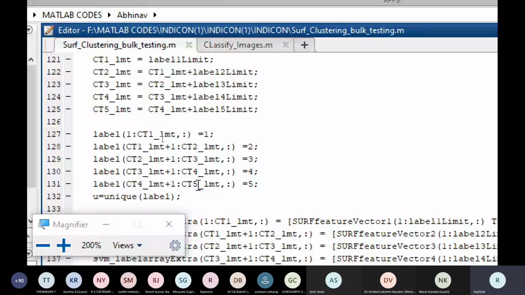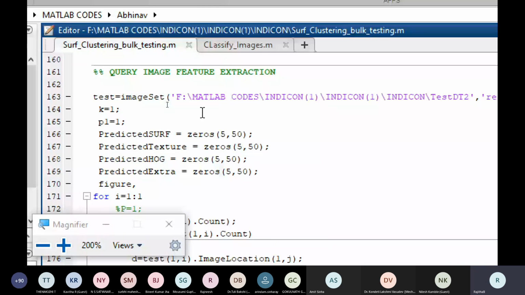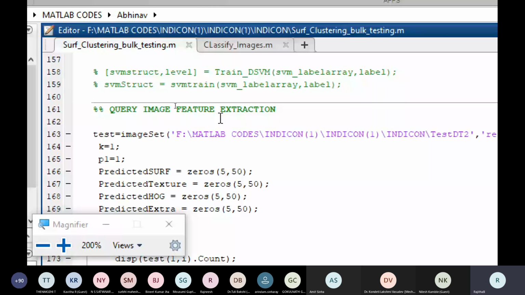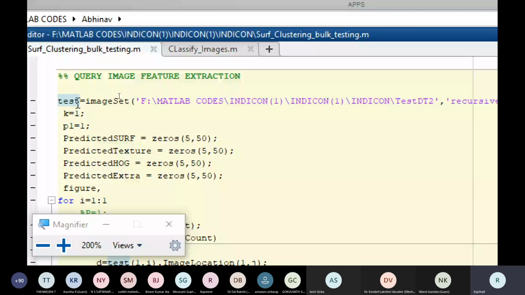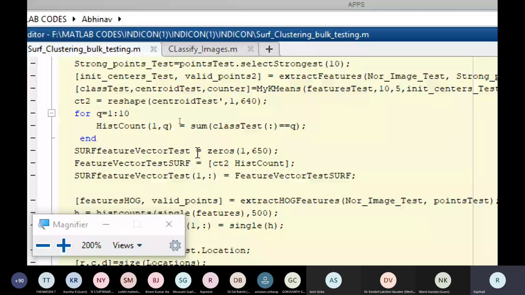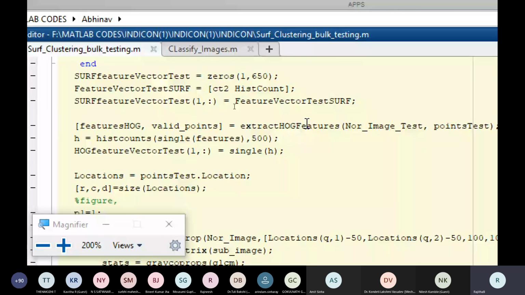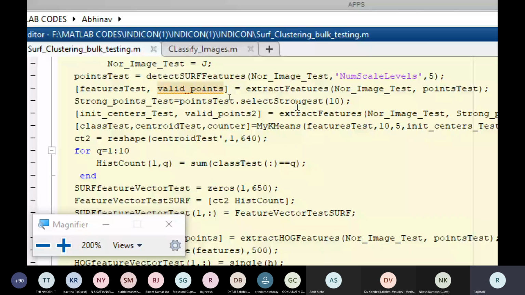this is for the test image. For the test image also I have taken one image here. You can see it is not a data set. It is one image, not a data set link. Now from that image, again I have constructed the same features because I'm testing with multiple models. I have again constructed HOG features, texture features, as well as the SURF features. So I have all the features for the test query also. Now see here.